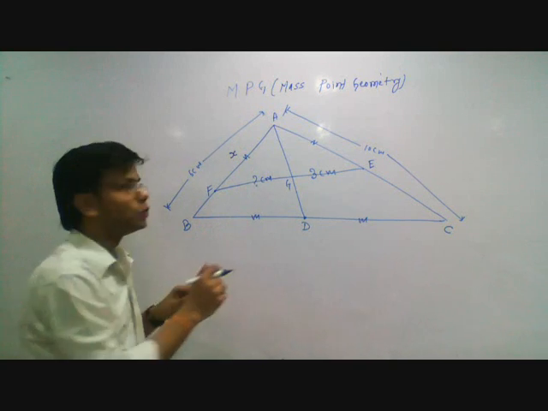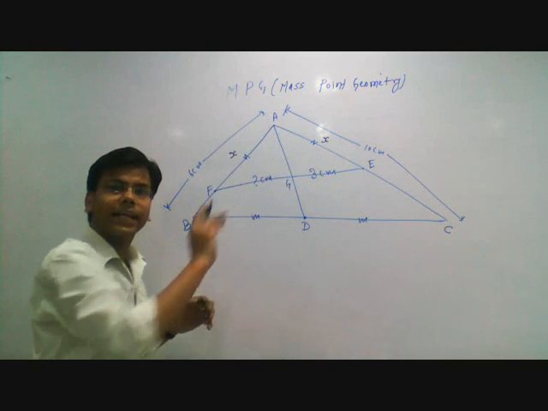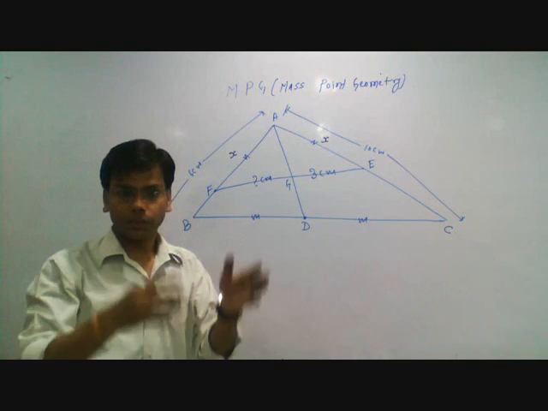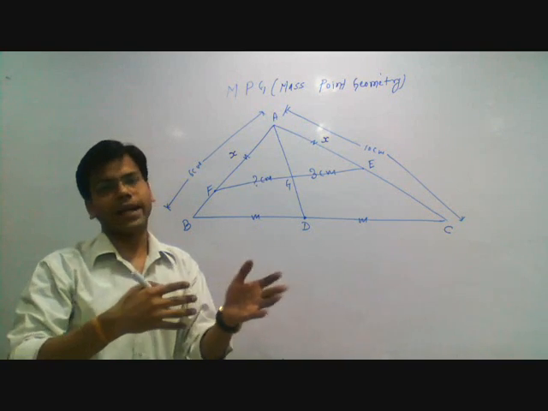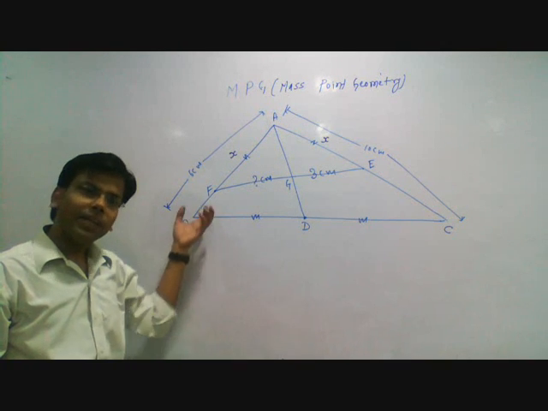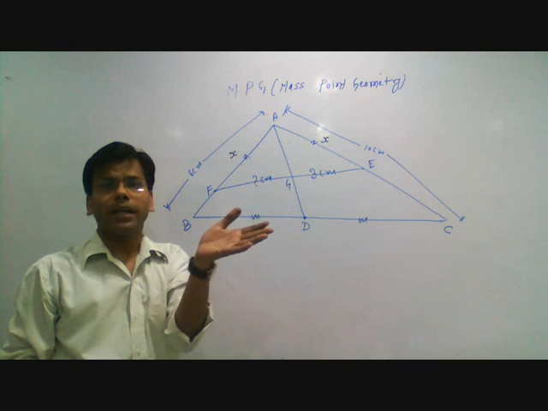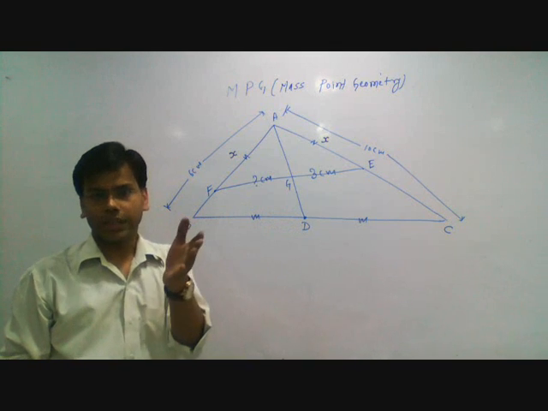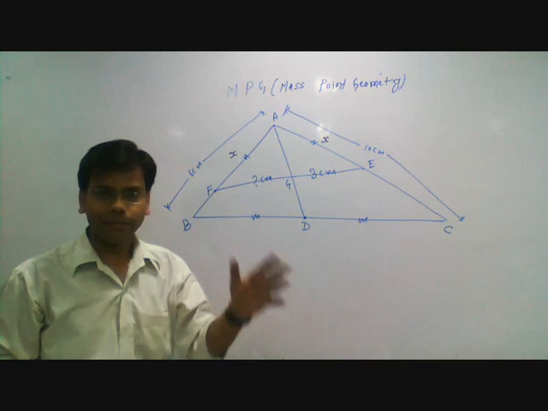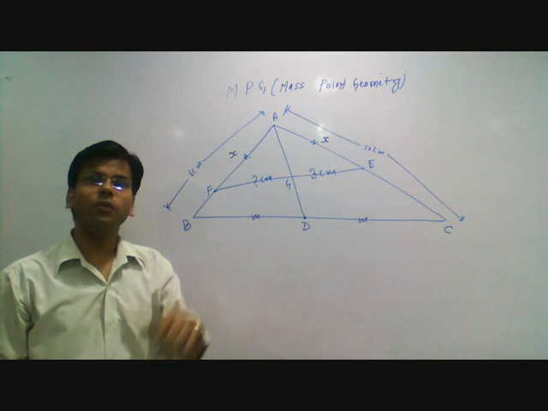That means you have assumed that this is X, then this is 6 minus X and 10 minus X. Rather than working on a variable, since we are working in a ratio, we can take any ratio. So we are taking AB any value less than 6 and try to be in a natural number to avoid hectic calculation. So you can take any value you want. I am taking a value of